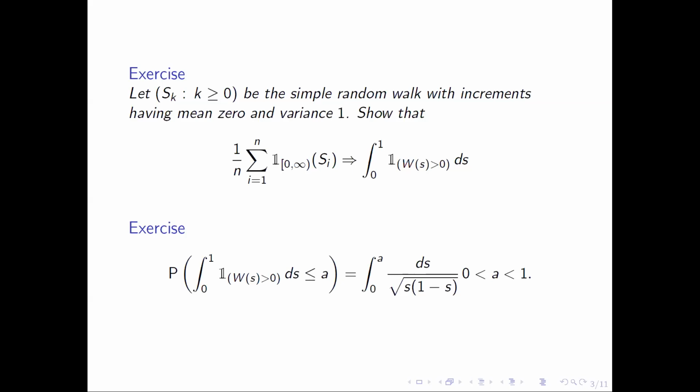So I just want to point out the proof is very technical, and it will require some facts from Brownian motion which are not in your syllabus, at least for my course. Many of you are doing the Brownian motion course separately. They should be able to follow more, but I just want to indicate where this arc sine law comes from. You can take these facts as I say them. There are many books on Brownian motion available, and you can find these facts in those books.